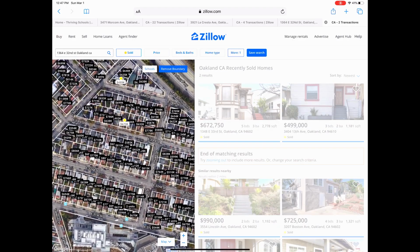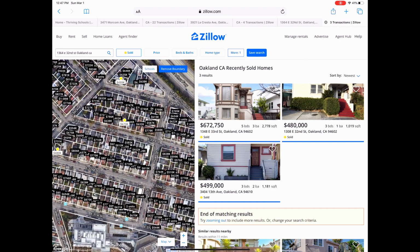Now, the only downside is that with this particular property in this area, you're not going to have the steep appreciation that you get in some of the other properties that we talked about. But if you think about the fact that the rental income is going to help subsidize your mortgage costs, that gives you some additional upside, and your property has more equity faster because of the payments that you get in rent. So I think of all three of these properties, I like the property on La Cresta,